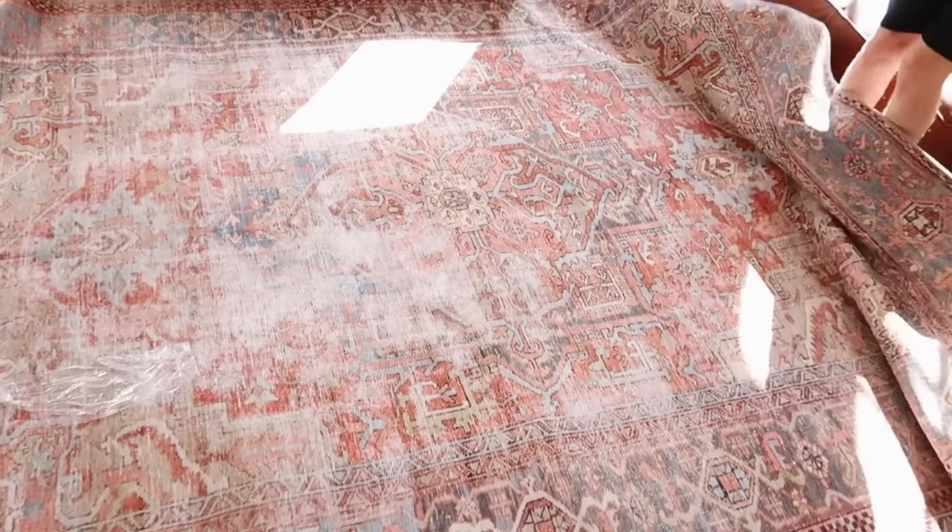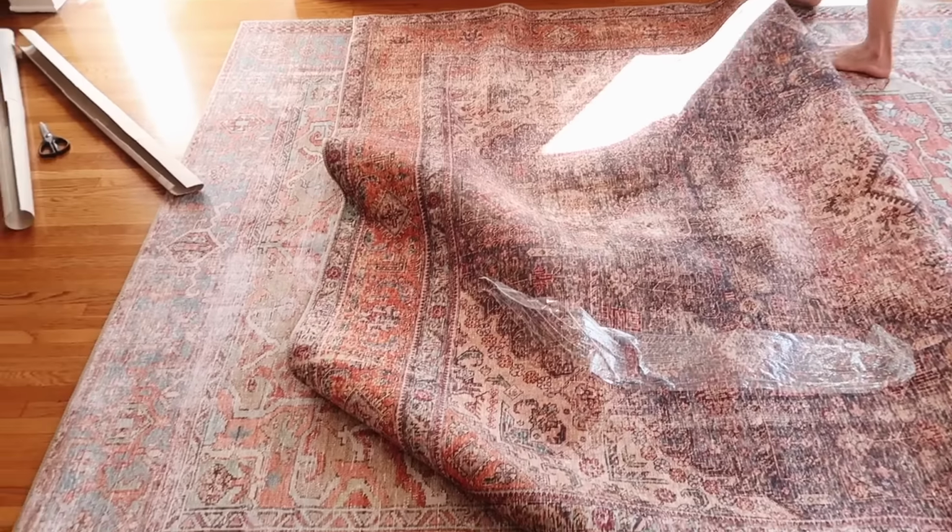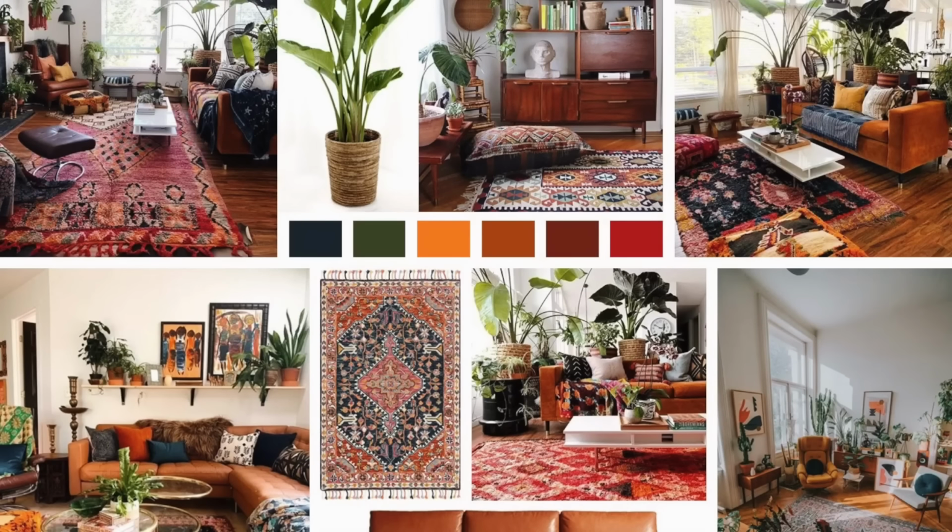Both the rug options were stunning. These are both Loloi rugs. I'll link them below for you guys, and I took inspiration from these from the $10 mood board render that the girl created in my last video,